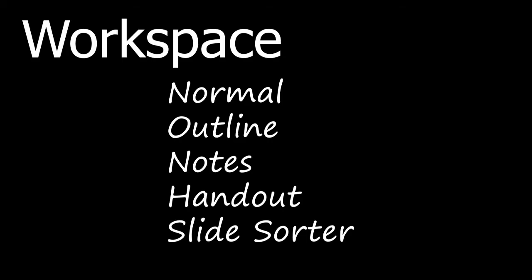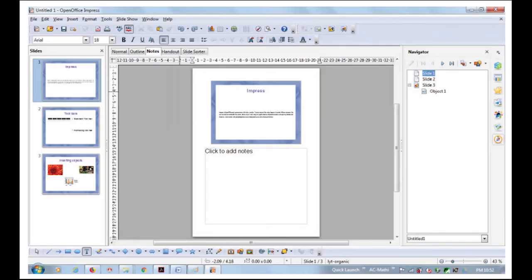And then notes view. Notes view is used to add notes to the slide. Here the notes tab will be there in the workspace. You have to select the slide in which you have to add the notes, and then you can double click the slide in the slide panel, or double click the slide's name in the navigator. A text box will be there below the slide. Here you can click on the words and click to notes, and type the notes which you have to add in the particular slide. You can resize the notes box also. That will be like a text box.